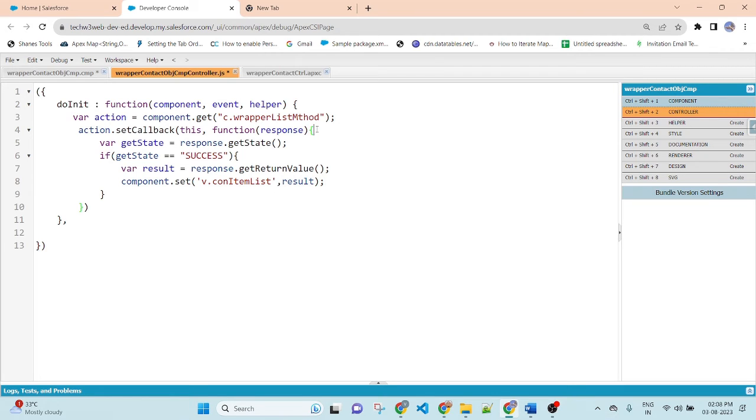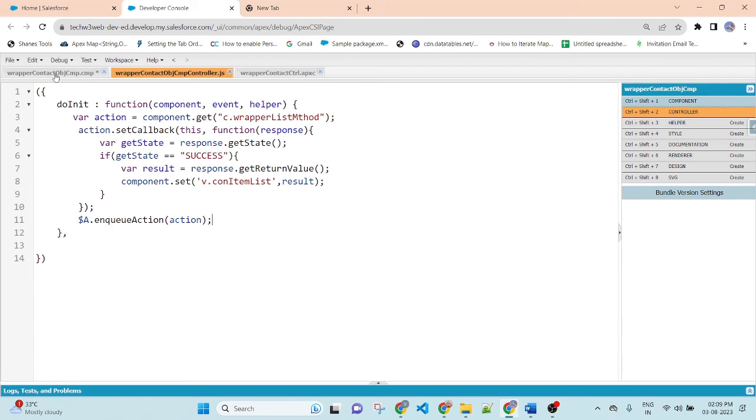After setCallback, the action closes here. Then enqueueAction, $A.enqueueAction. Pass this variable name, because this variable holds the method of the Apex class. Then save the file. So the file has been saved.